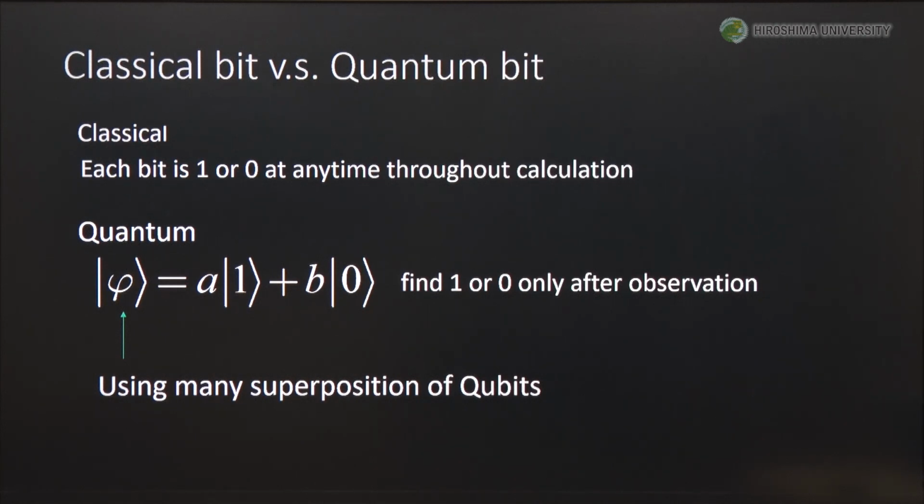Then we can see that it is 0 or 1 only after the observation. Then a quantum computer uses this quantum bit, or qubit, and using many qubits we can construct the quantum computer. Well, what's the difference between classical and quantum? That's a big question. Anyhow,